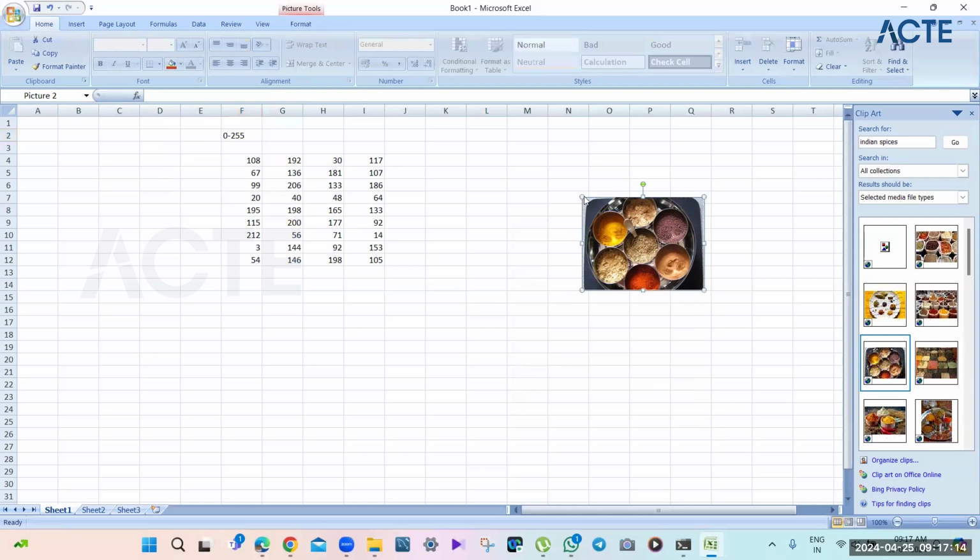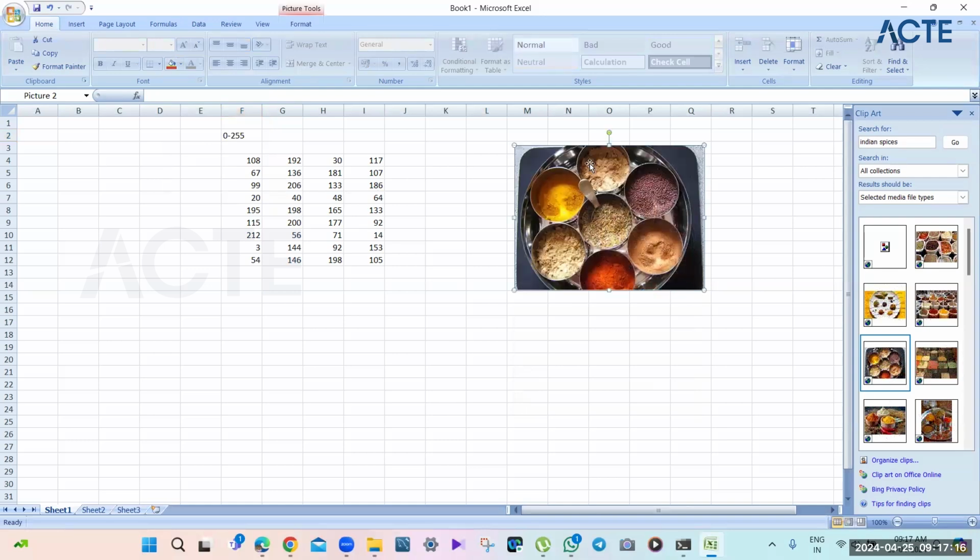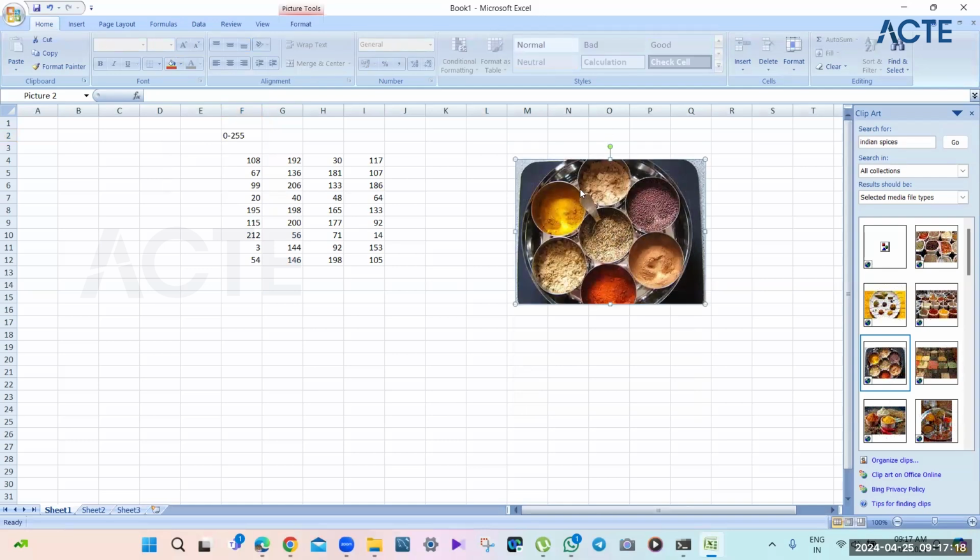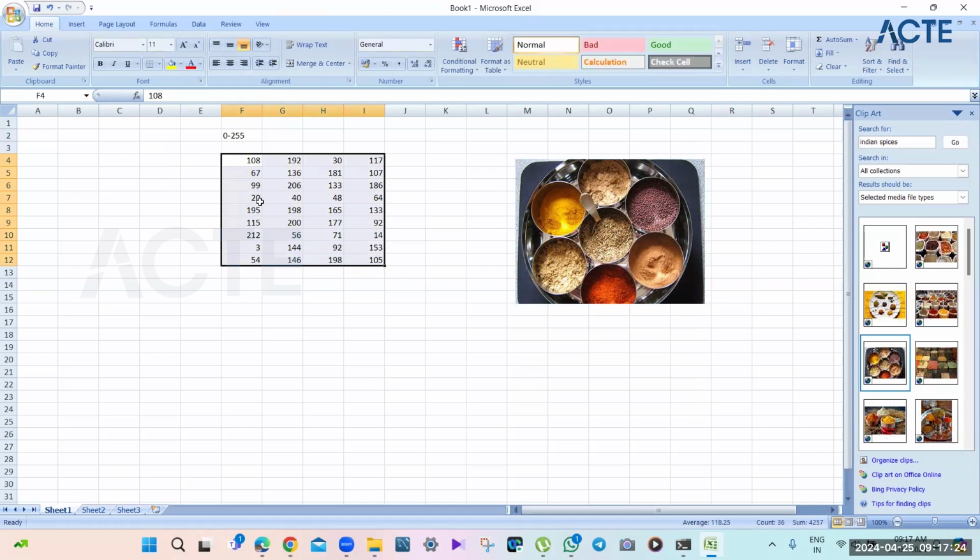Now this image, if I have to store it in a computer, I cannot store it directly. I have to convert that into pixels, which are essentially these values. Now, how can I store all these values together? All these values can be stored together in the form of a matrix.